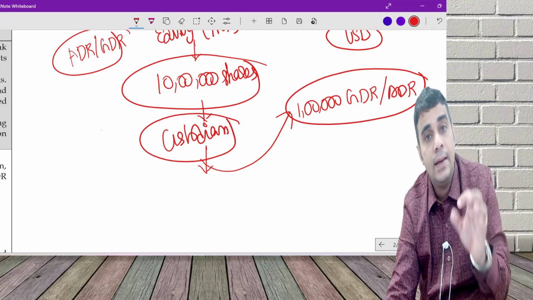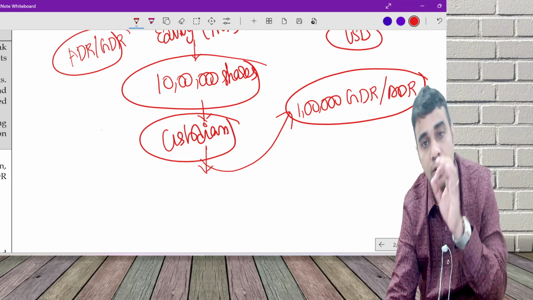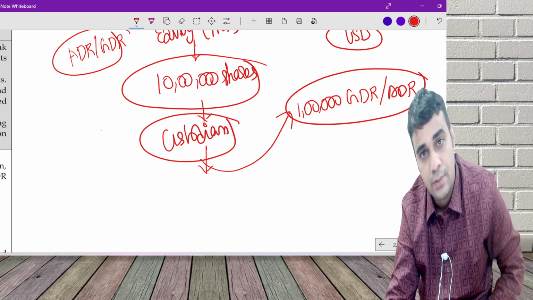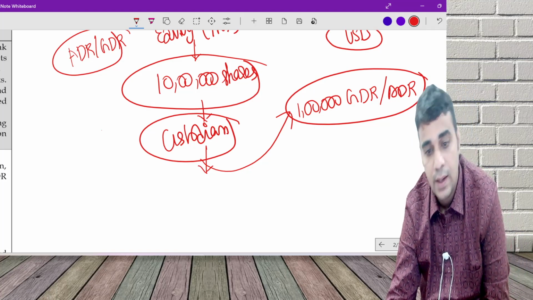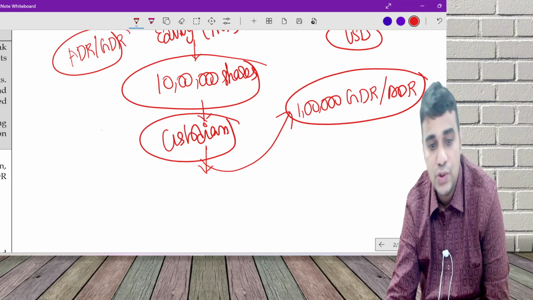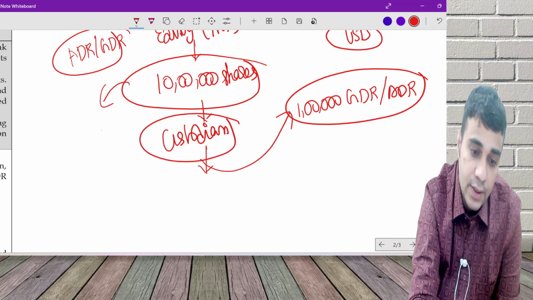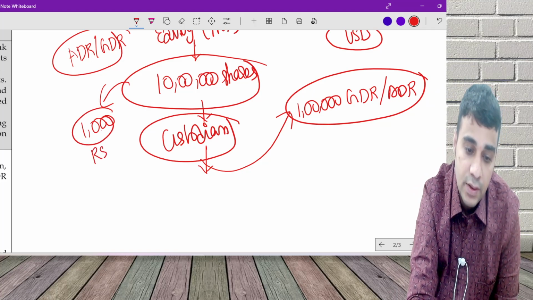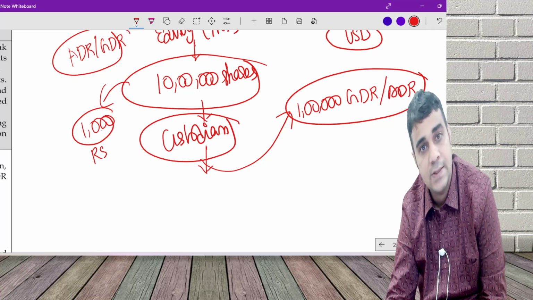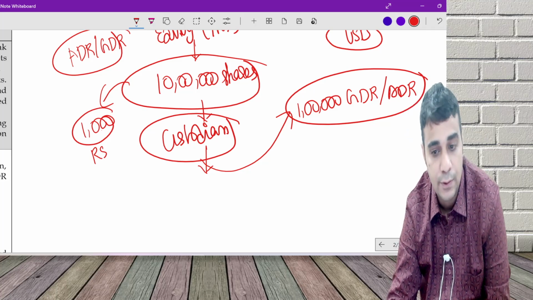Now indirectly 10 lakh shares is equal to 1 lakh GDR. There will be a ratio. It can be 10 is to 1, 4 is to 1, 3 is to 1, 2 is to 1. Today the share price is 1,000 rupees. This is the price in the market. It is a listed product. The price in the market is 1,000 rupees, which means